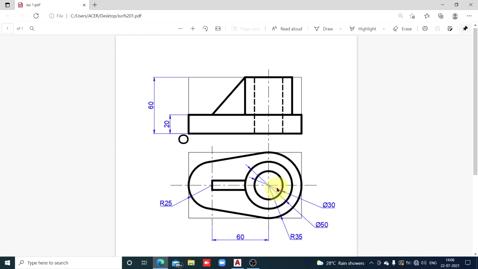And there is the smaller concentric circle here. If you visualize end projectors, that is, from the extreme right of that smaller circle, if you imagine a projector, and from the extreme left point on the circle, if you draw a projector, these are end projectors, you get dotted lines in the front view. So that suggests to you that this is a hole and it is a through hole. So this is how you must be able to read the given orthographic views. So clearly there are three parts: base plate, triangular plate and a hollow cylinder.